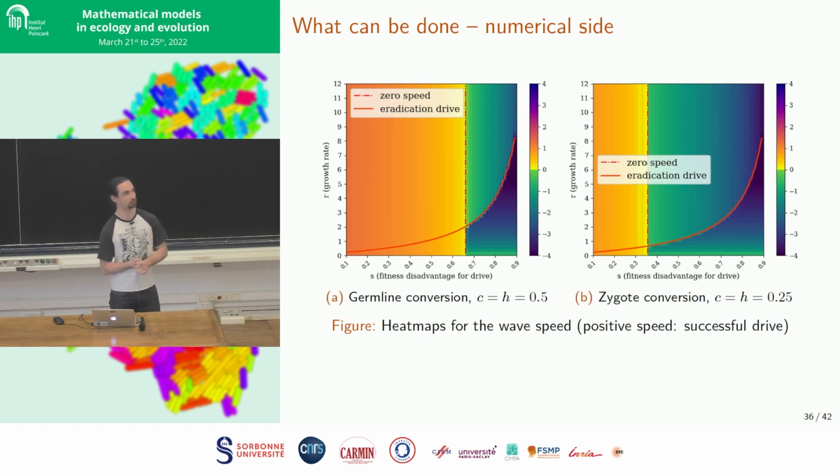The other thing I want to draw your attention to is the fact that level lines seem to be either vertical or horizontal. And that's completely counterintuitive because it basically means that depending on the region you choose, you can forget about one of the two parameters, R and S.